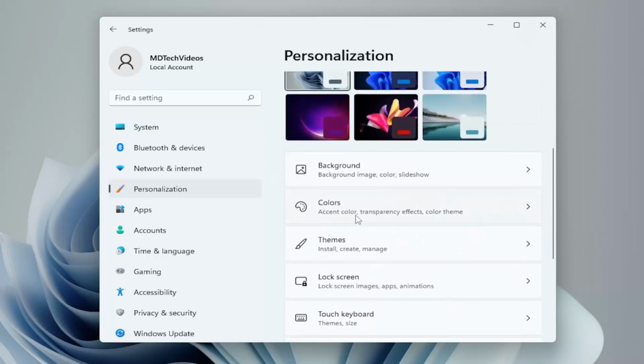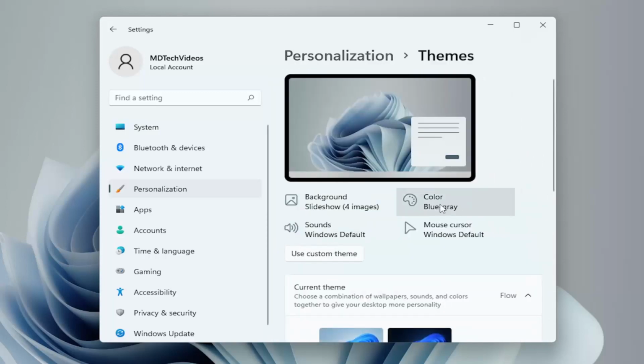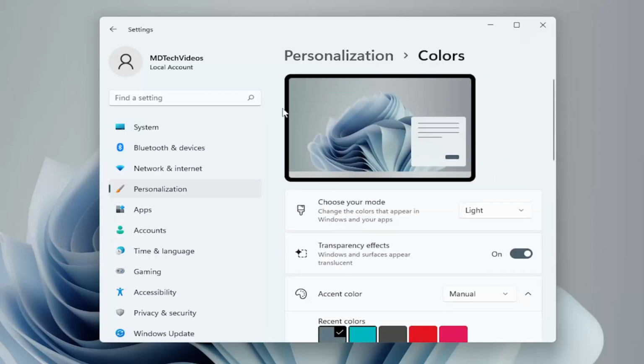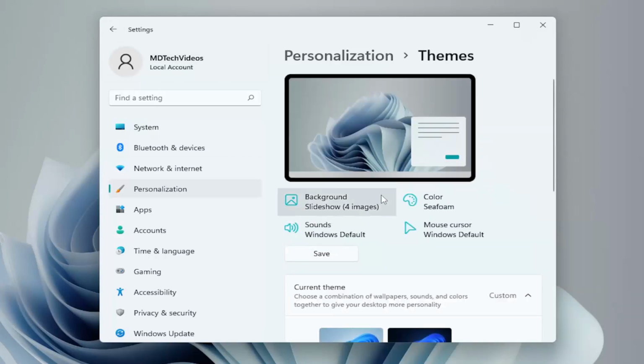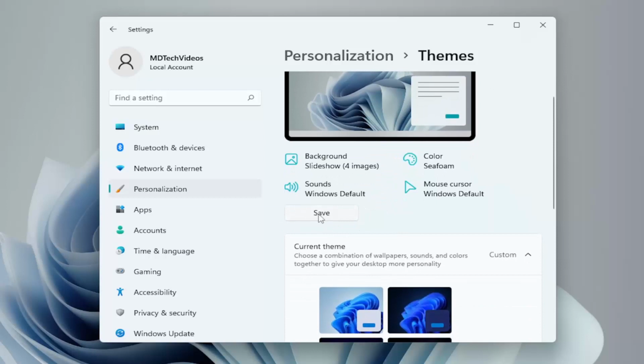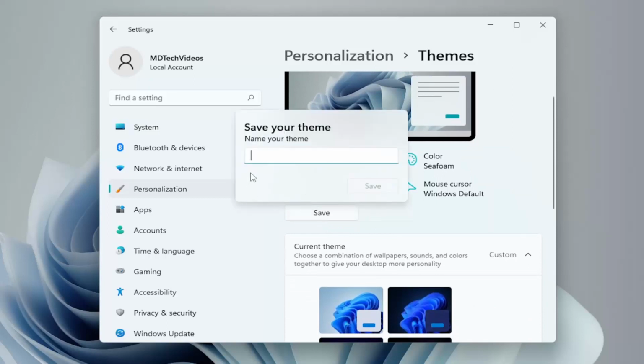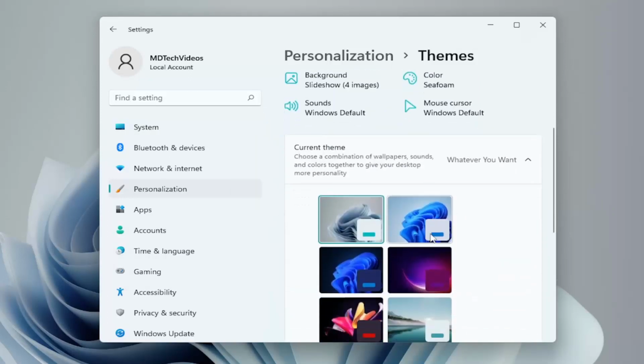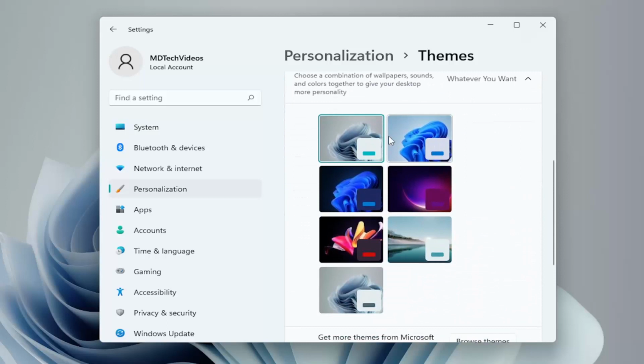And then once you're done with that, you would select the themes option. Go ahead and left click on that. And then, like I said, you can select different colors from here. So definitely, a lot of different options to play with. And there'll be an option here to click on the save option to save your custom theme. Name it whatever you want. And then you would select save. And there you go. Now you'll have your own custom theme in this list here, and it'll have its own